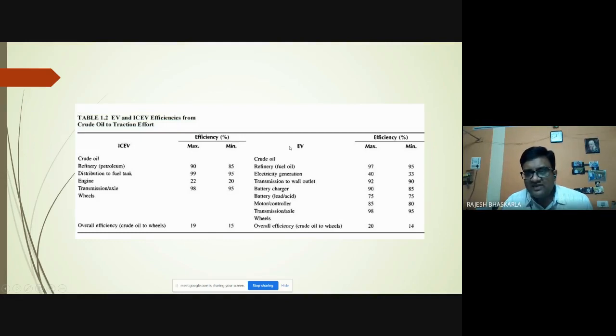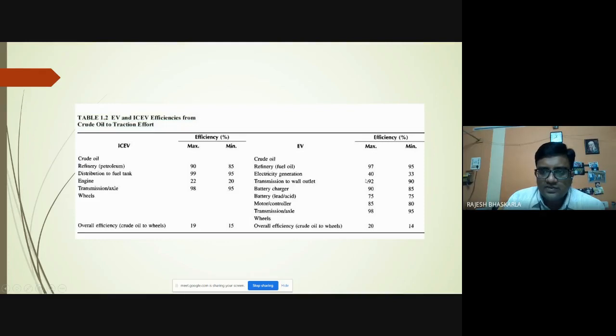Similarly, if you compare an electric vehicle, here it is only 20%. Then why the hell we have to use the electric vehicles? So this is not a constant value. Don't think that this 20% is exact. This is a survey which was done long back. Okay, this is done in 2010 or 11. Okay, from there I have taken this. But this is available in the textbook also. So this 20%, if you observe, has come down because of the electricity generation. Okay, suppose if this is replaced by a renewable energy source, then you can improve this efficiency. Is this clear?